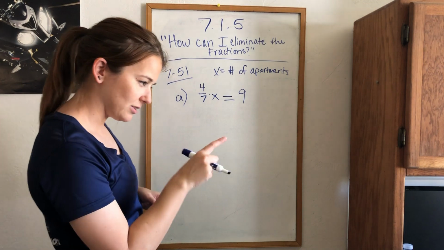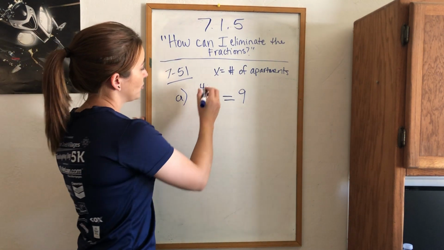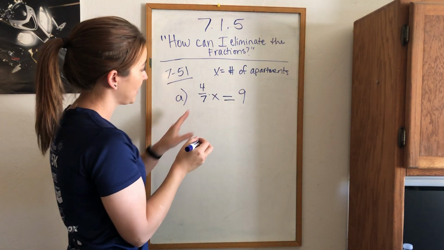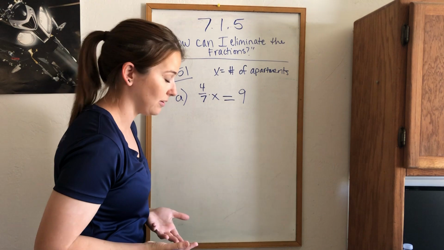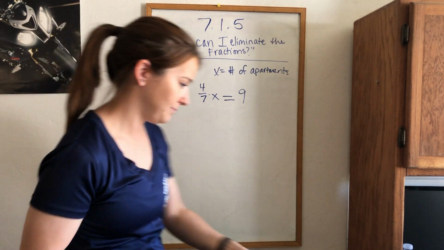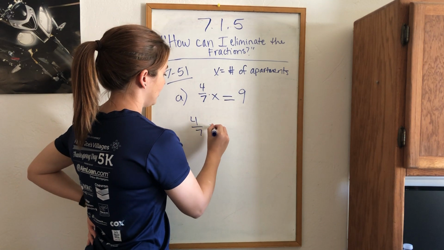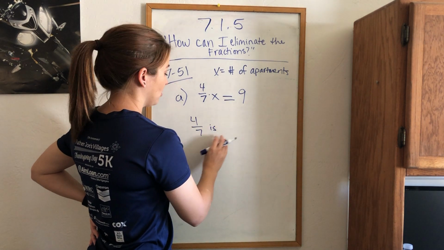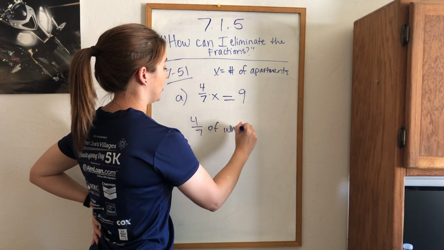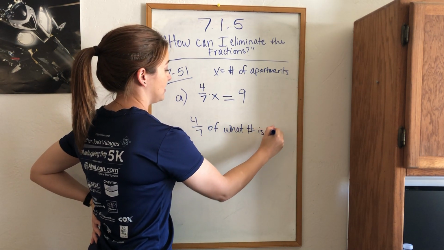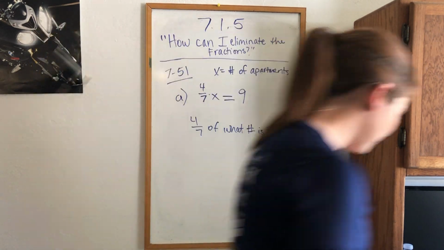So, right, it says x is the number of apartments. So if 4/7 paints 9, we're going to figure out how many all of them can. So pretty much this is saying 4/7 of what number is 9. So let's figure out